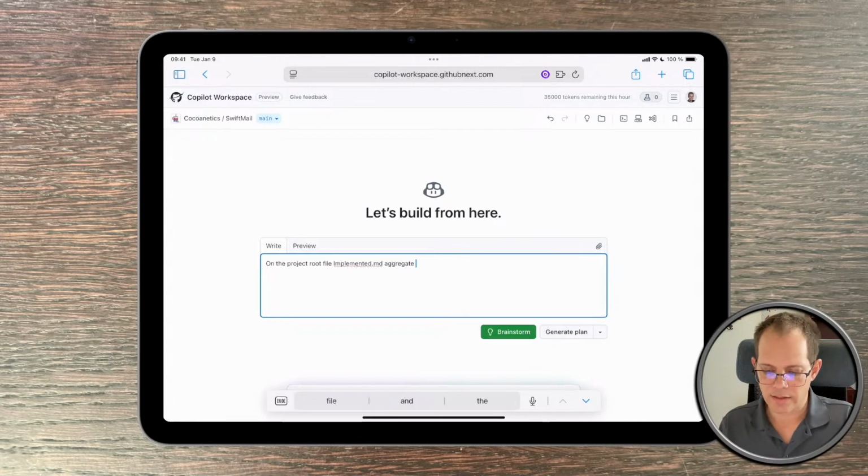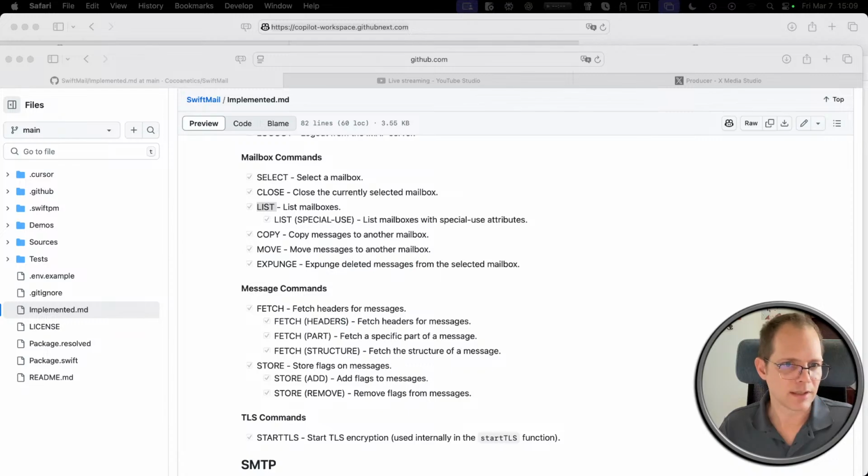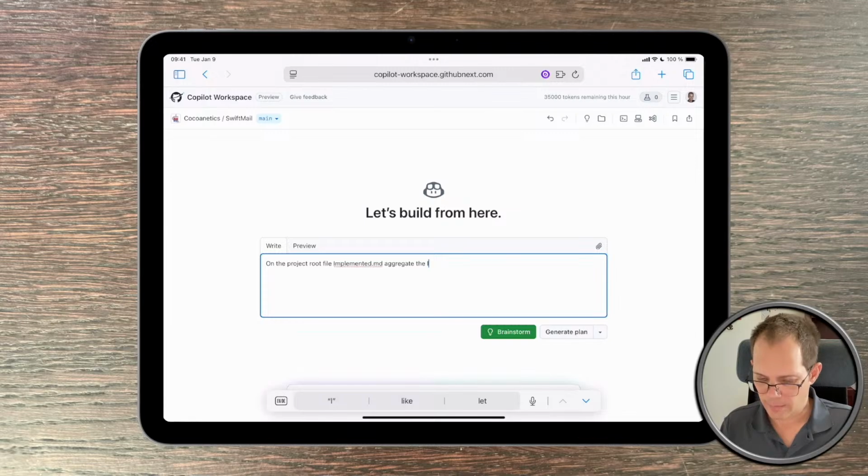Aggregate the lists of commands into one big list. And I don't want that. I quite like that we have what I showed you here, that we have the mailbox commands and the message commands separately. So I actually like that. Okay. So what we're going to do, not to do any aggregating,